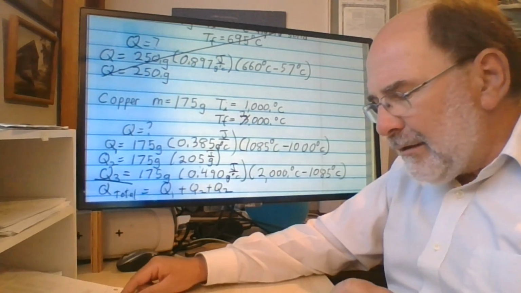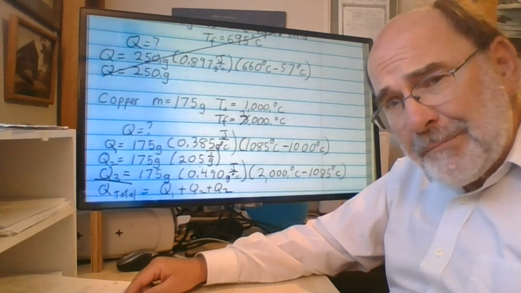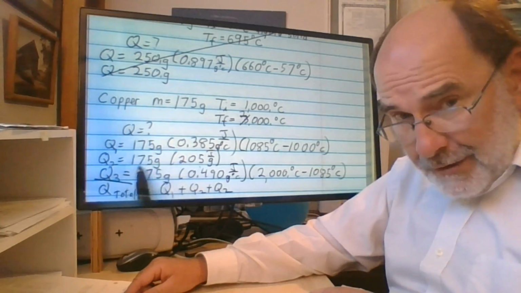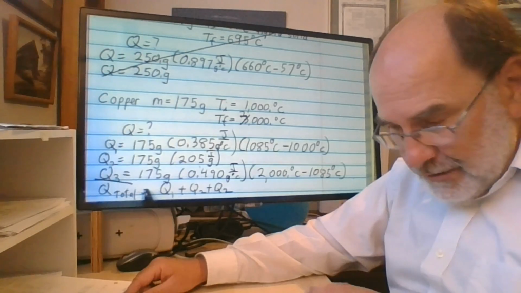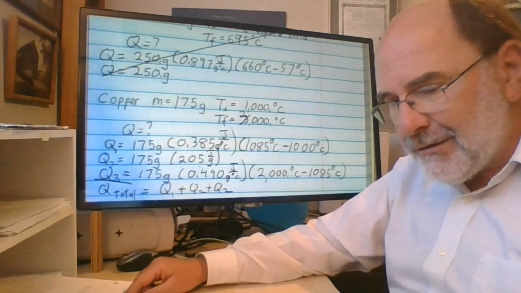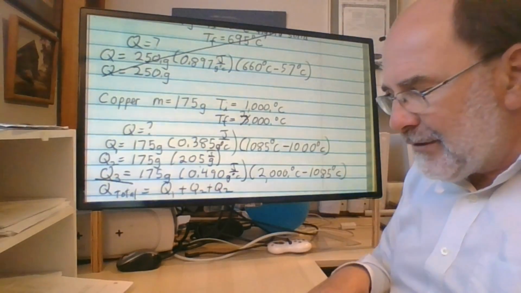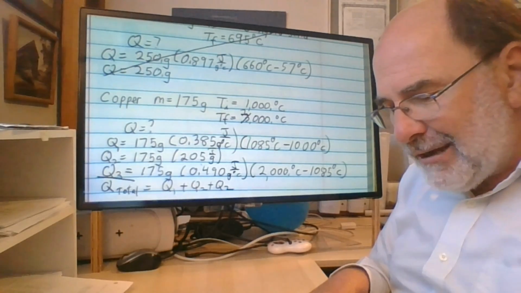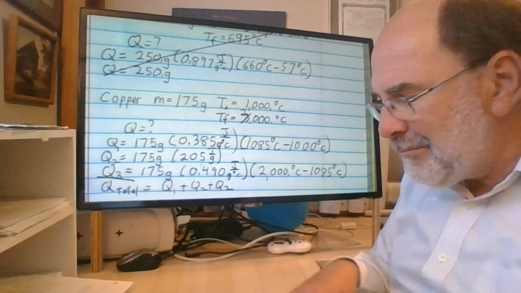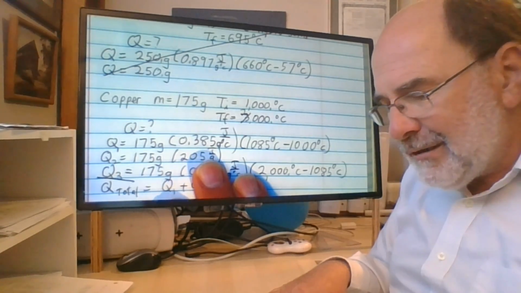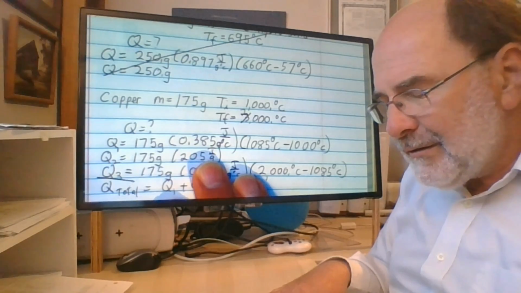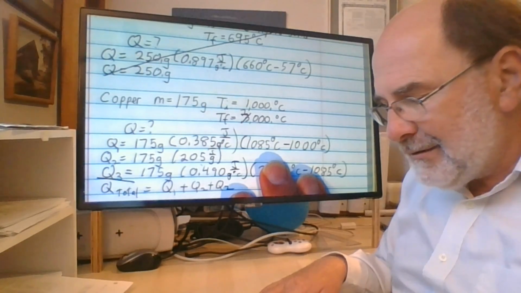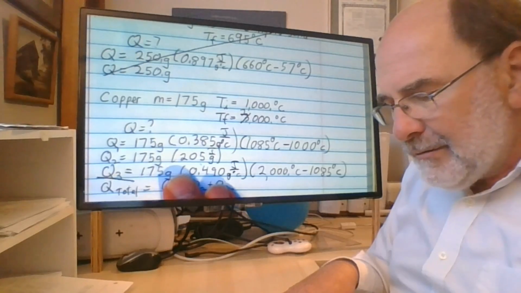By the way, mathematically, the distributive property of multiplication applies here. So I could factor out 175 grams from each of these three heat calculations and do this almost in one step on your calculator, right? So I'll do it that way. 175, open parentheses, 0.385 times 85, you could do that one in your head, plus